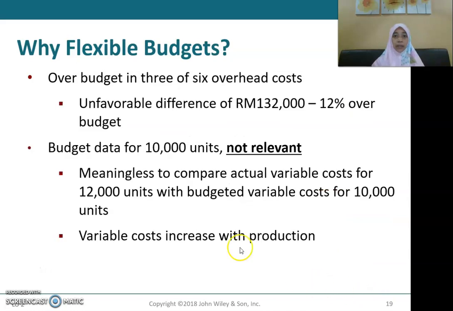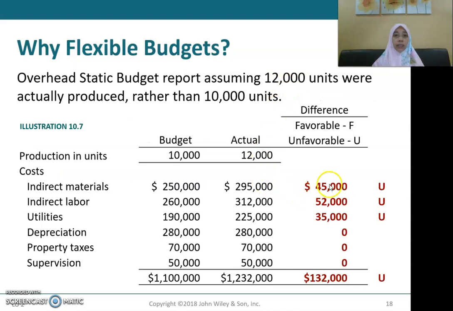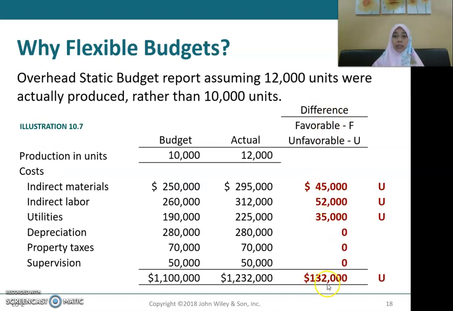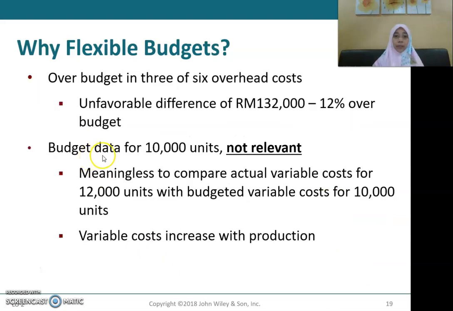When you look at it, three of the six overhead costs are over budget. You can see here, out of your six overhead costs, 1, 2, 3, 4, 5, 6, three are over budget. This over budget of 132,000 accounts for 12%. You take 132,000 over your 1.1 million and you get 12%, so you are over budget by 12%. But